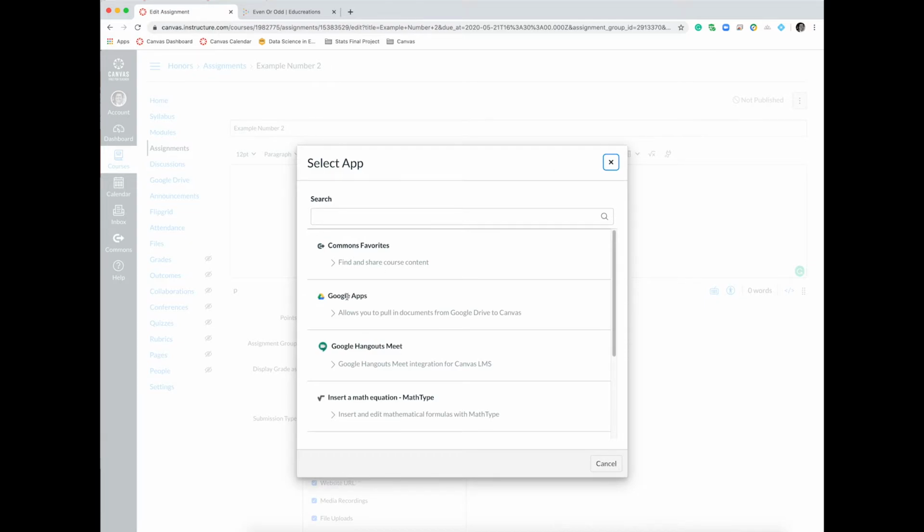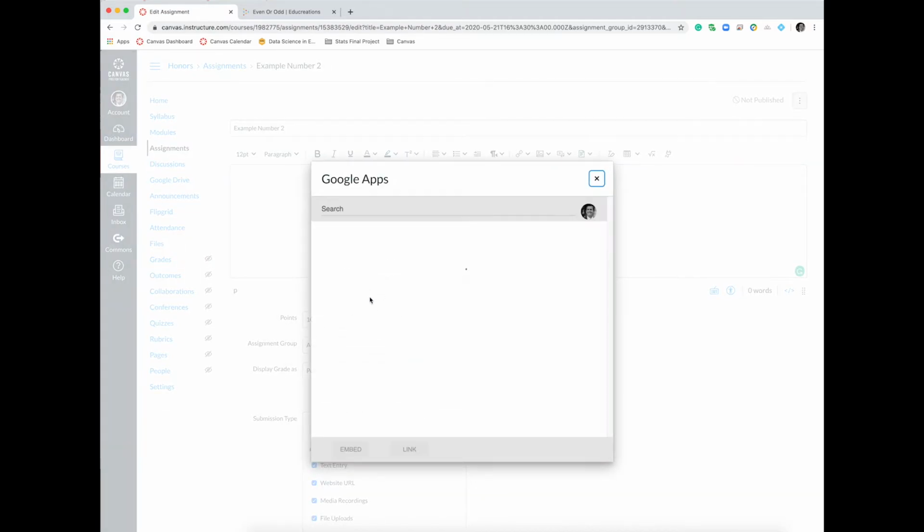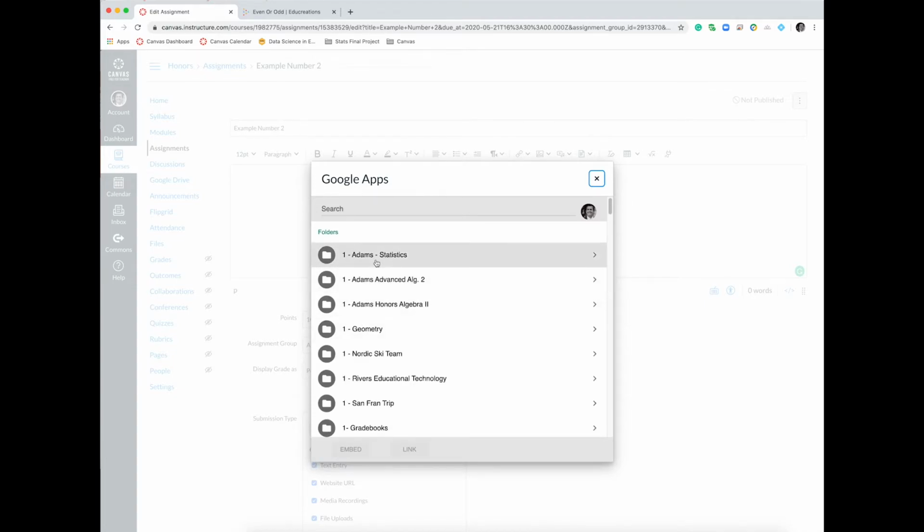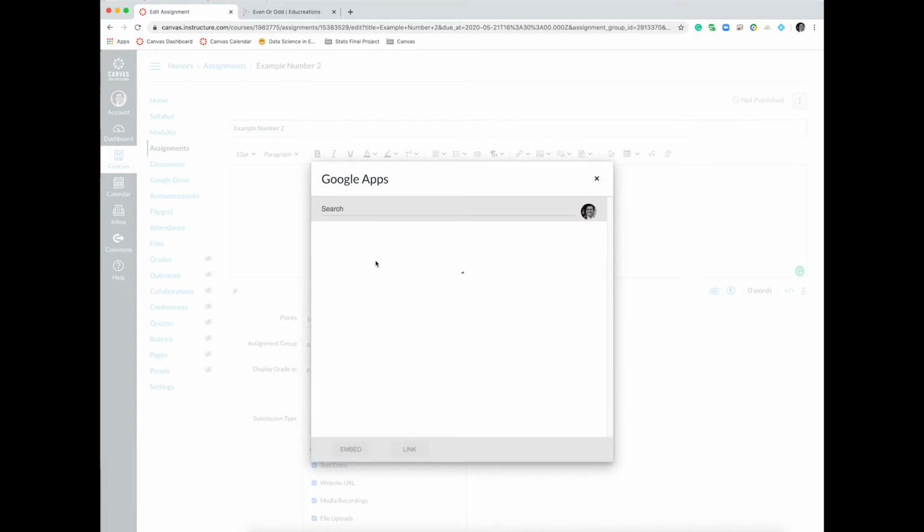So we've preloaded the Google Apps for you. And if you're not signed in, just make sure you sign in, give it authorization to access your files. And you can see all of my Google Drive folders are right in here. So I'm going to go and show you an example where I put in